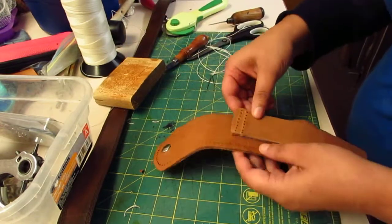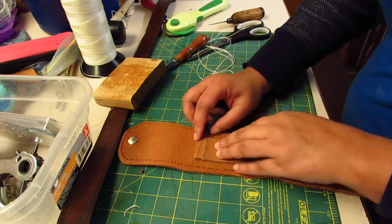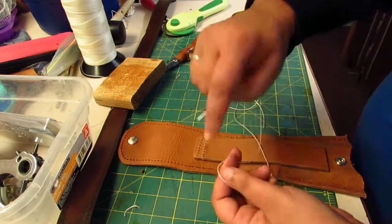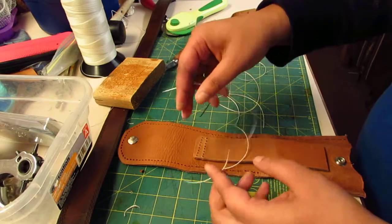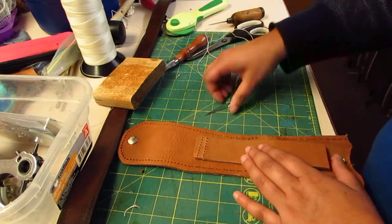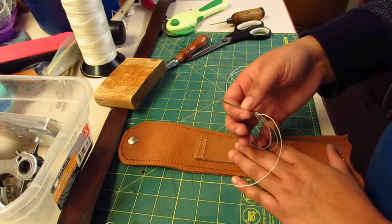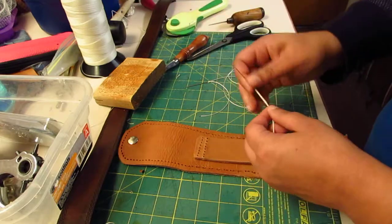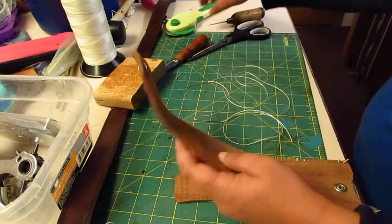Now what's interesting about the saddle stitch is it looks like a sewing machine does it, but it's not. Because what happens with a sewing machine is you basically have a needle doing little zigzags, and then you have a needle at the bottom that's just grabbing the thread. So if you ever pull out a thread in your clothing, how the whole thread goes zip like that up the seam, that's what a sewing machine does when it sews. Doing a saddle stitch won't do that, because you're doing an in and out, like a running stitch, but then with your second needle you're doing the same thing. So it ends up being